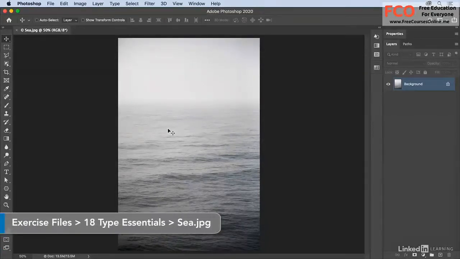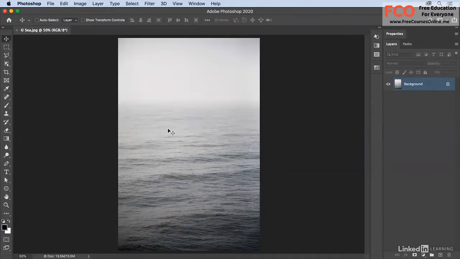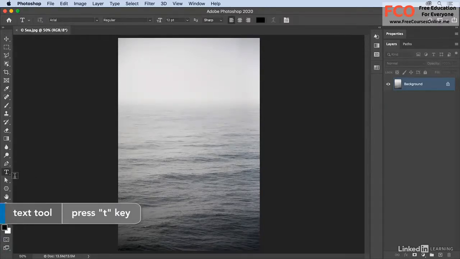Photoshop has a powerful text engine that makes adding type to documents quick and intuitive. In this lesson, we're going to learn how to add point text, and then we'll refine it using the options bar. So to create our headline type, we'll tap the T key to select the text tool, or we can